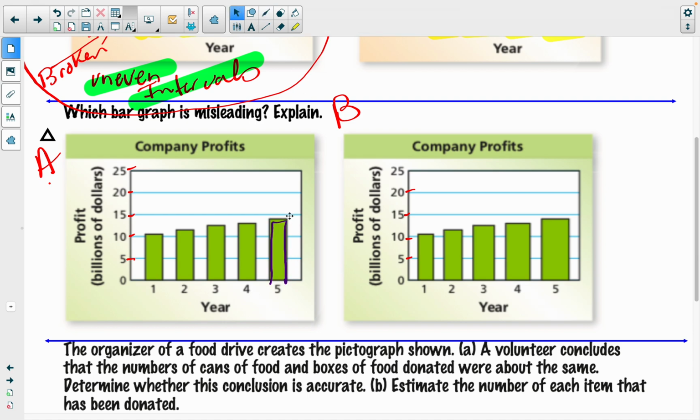Notice this bar right here for 5. Do you see that? See its width? Same width as 4, same width as 3, 2, 1. Do you see they're all the same width? Go over here. Same. Ooh, that's a little bit bigger, isn't it? Look at this one. A little bit bigger. Look at this one. So they've made it misleading because